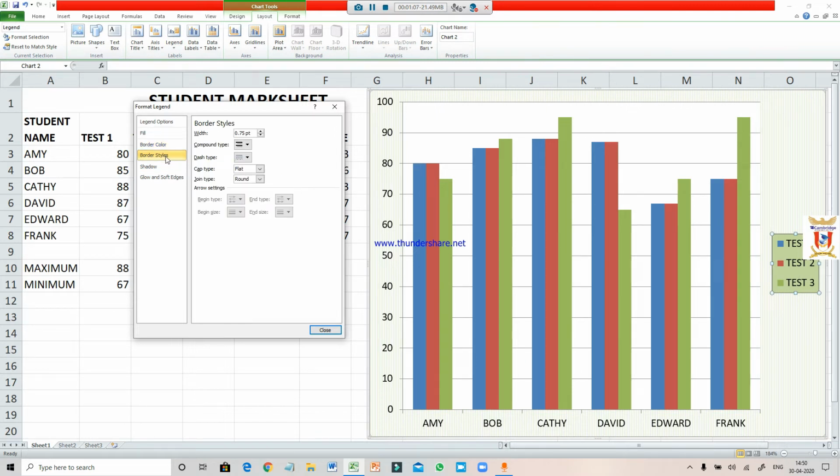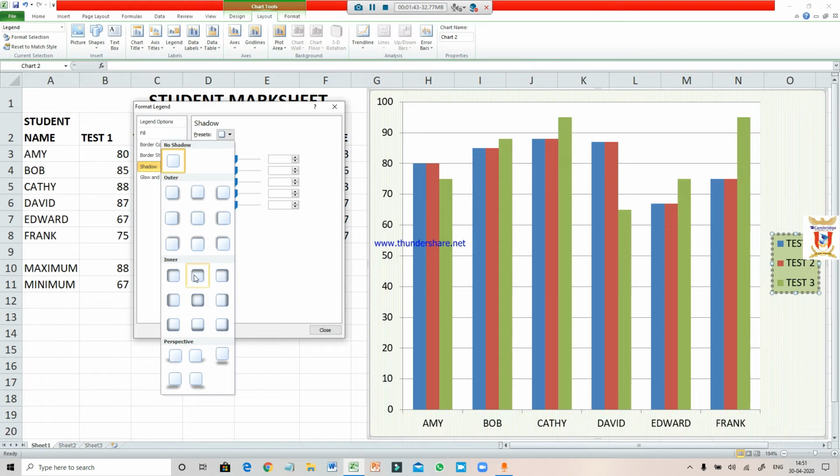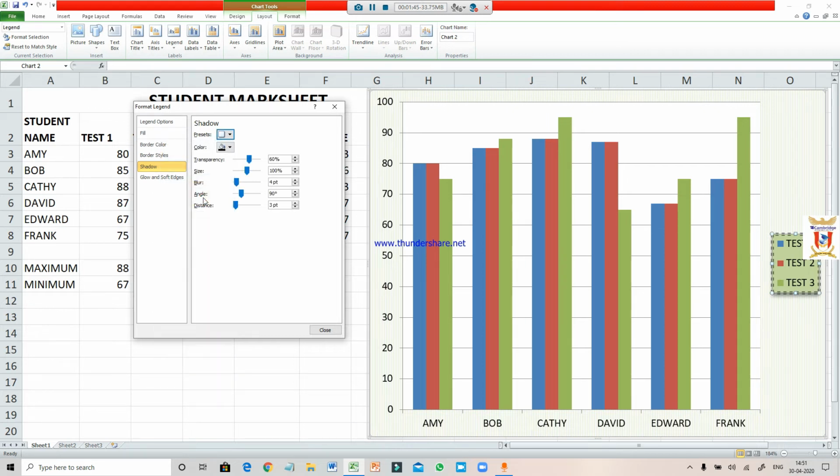And next is border style. Now to view the different kinds of border, you have to increase the thickness of your border. Now it is solid, so if I am changing any style from here, likewise I am selecting this, it should be a bit thicker to view the different compound types like this. Next is whether you want to take a solid line or the dashed ones. You can see the changes here. Next is shadow. If you want to show the shadow, click here and choose the box like this.